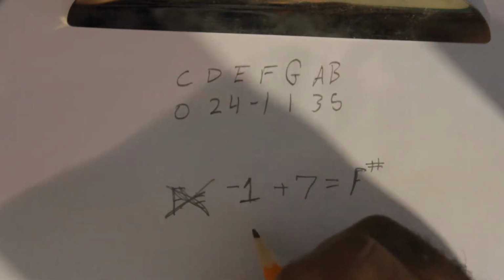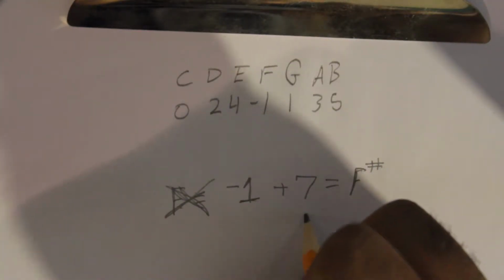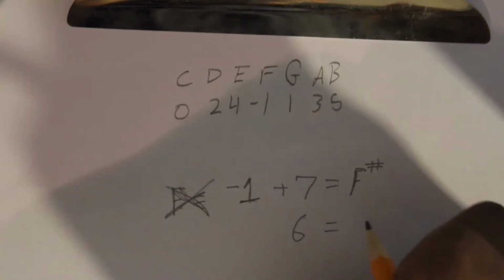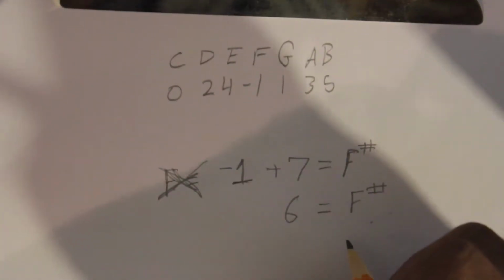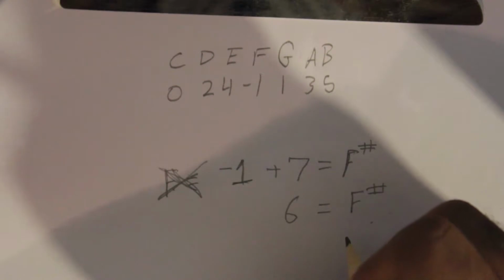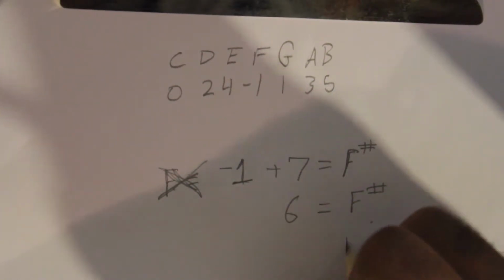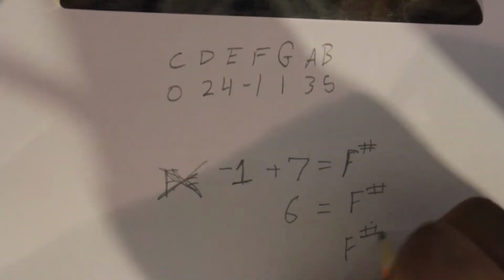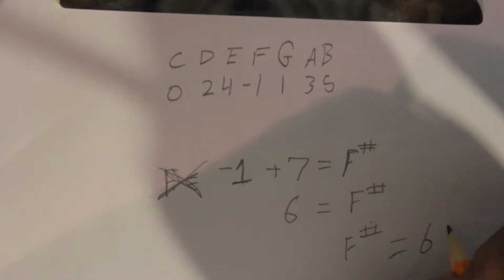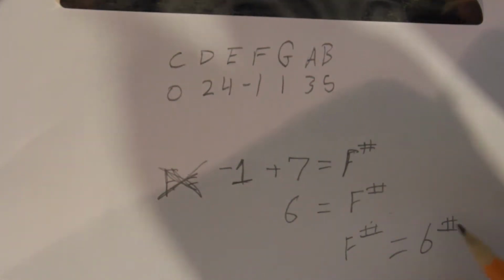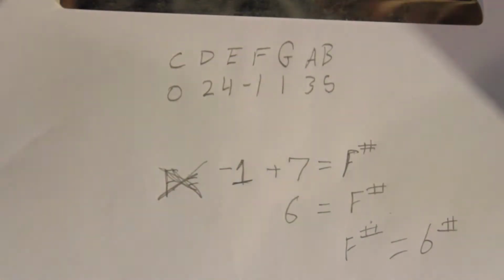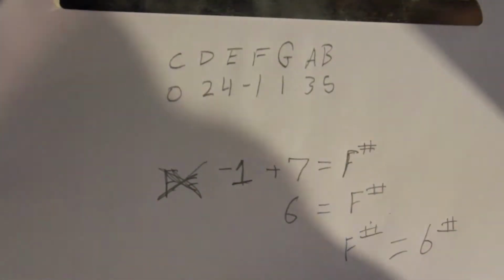Alright? -1 plus 7 equals 6. So 6 equals F sharp. Meaning F sharp has 6 sharps. Alright? F sharp equals 6 sharps. Just think of it as 6 positive, 6 sharp. Alright? And the sharps for F sharp are